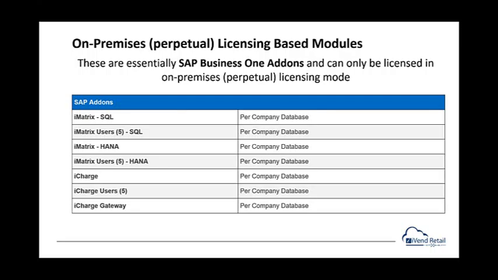Similarly, iMatrix for HANA and Item Matrix for HANA 5-user pack. These are all per company database. Similarly, iCharge is per company database, and iCharge has a pack of 5 users. That's again per company database. And an additional iCharge gateway is also per company database. So that's as far as